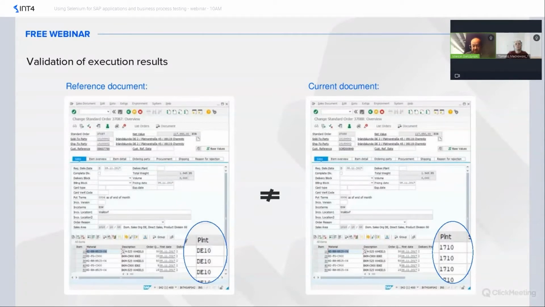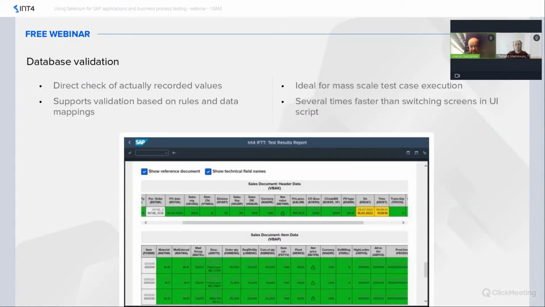So normally, what we've seen in the past is that you use the UI testing tool to open a sales order view screen, sales order display screen, and go through it, checking various fields. So you'd actually have to record that you check the value in each and every field to find that maybe there are some differences, as we are showing on the screen. And one of the things that we will be able to show you today is that such a validation can be done automatically by our solution within the SAP system landscape, where we can compare the data in the database